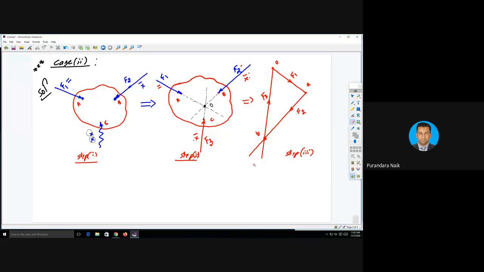Full stop. To know the magnitudes of F2 and F3,